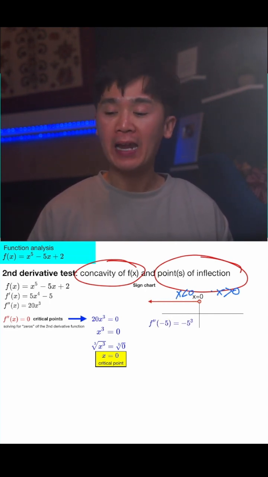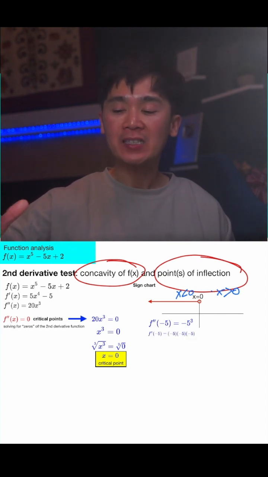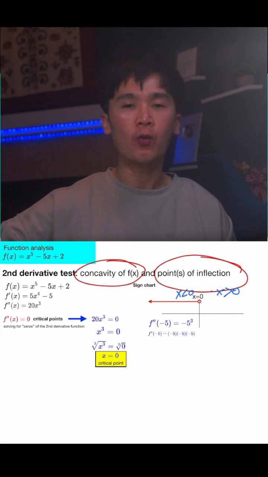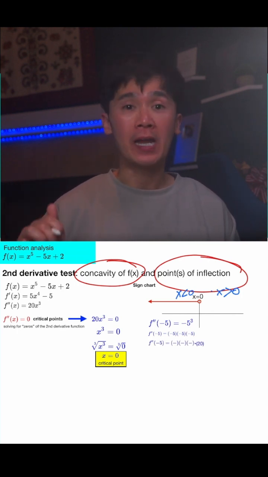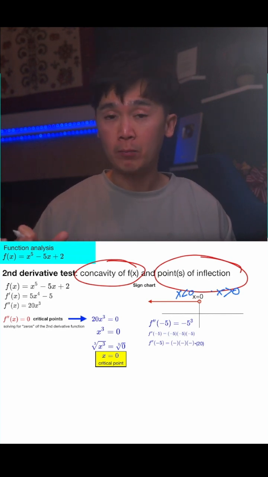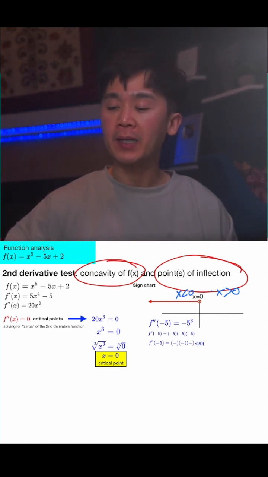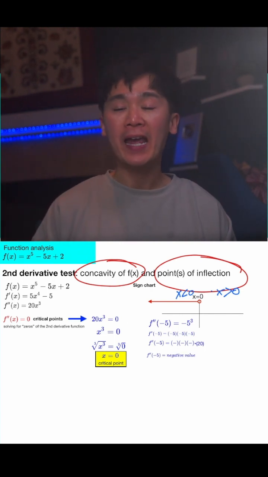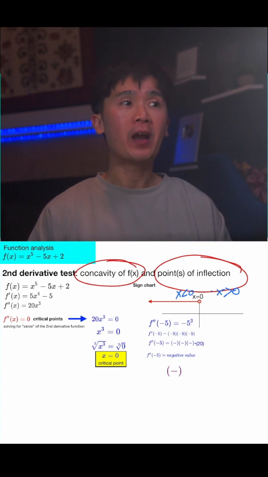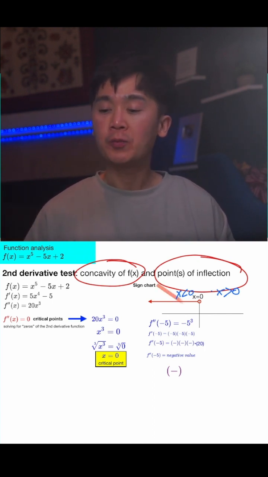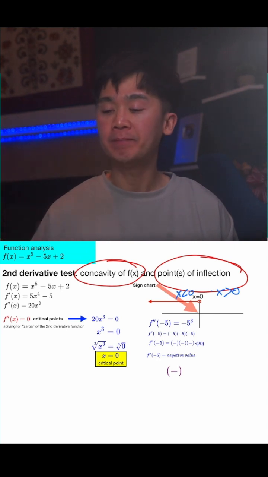And at this point, I use -5 as my value of x to check whether it's going to be positive or negative. And we know that a negative times a negative times a negative is going to be a negative number. And if you multiply it with positive 20, it will still be negative. So we have a negative value for the first interval, and for our second interval, which will help us find the concavity of our function,